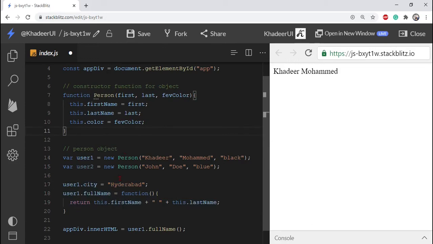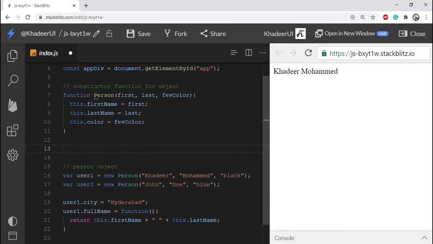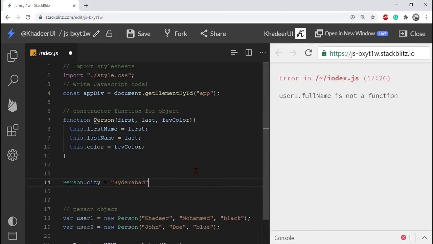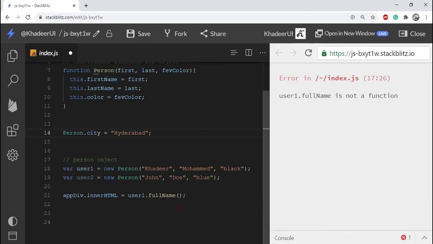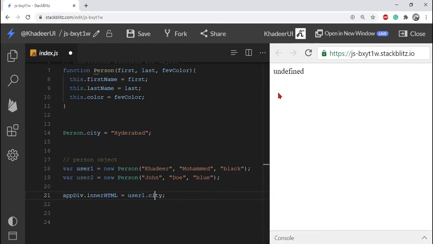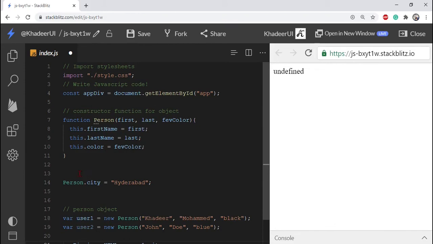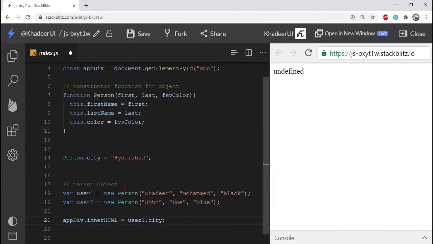If you write a property directly on the constructor function, does it work? We'll see. We write city, and for user1 the city is undefined. This is the problem. You cannot add a property to a constructor function directly.